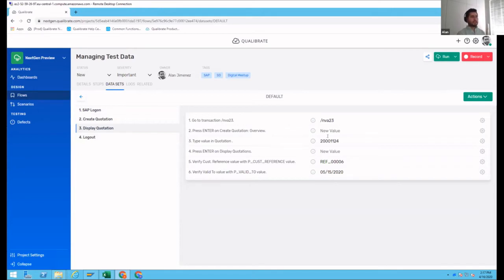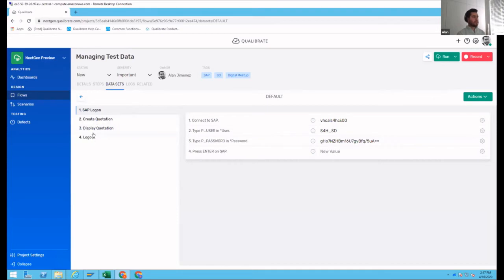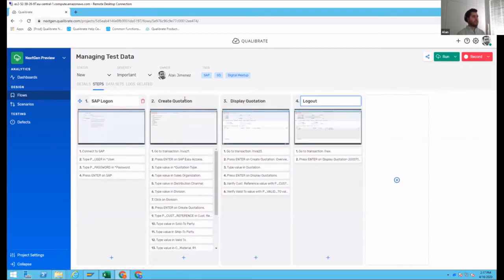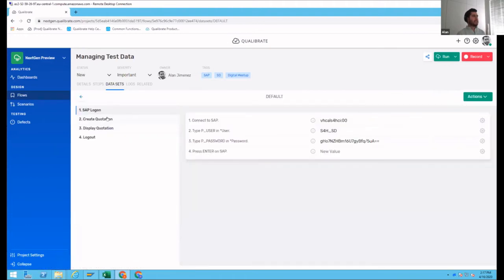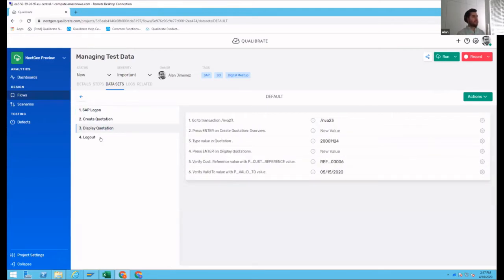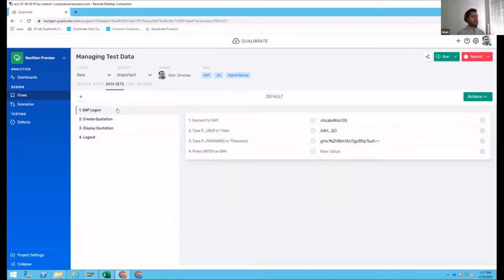One important thing here is that in this view, on the left side, you have the visibility of all the tasks. So if I go back to the steps, we have a total of 4 tasks. I go to the default data set and I have a navigation pane on the left side, which helps me select the task that I want to focus on, right? Every time I click on a task, I get the right step combination with the values on the right side.